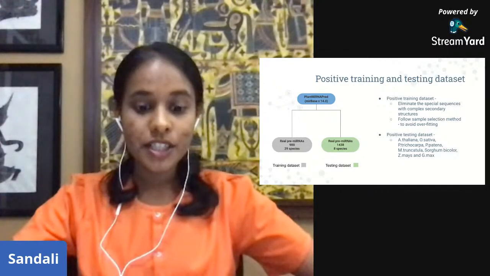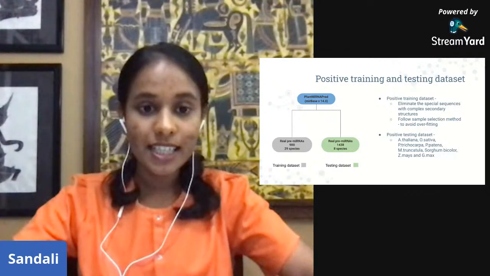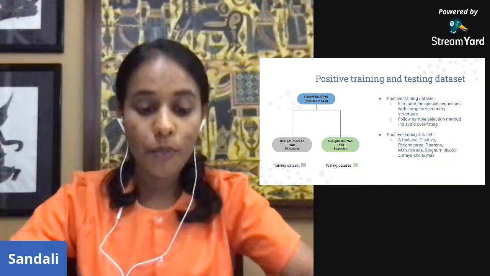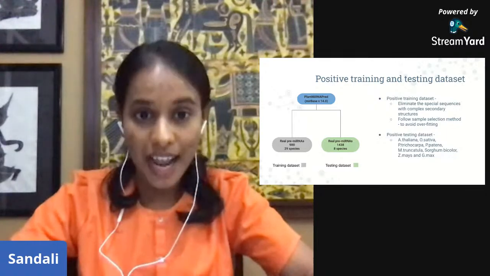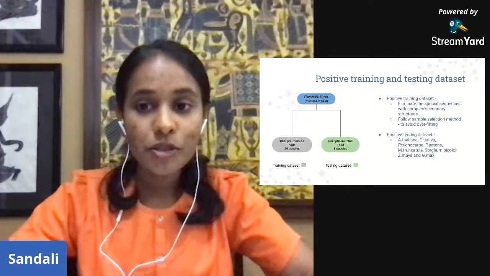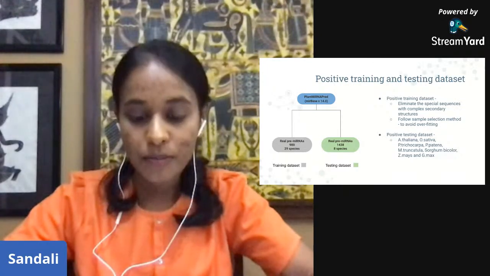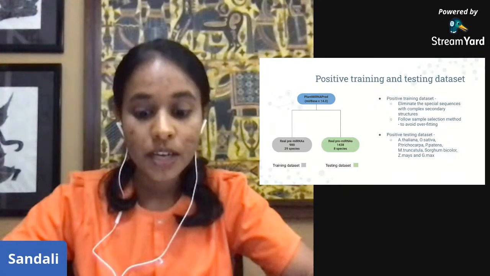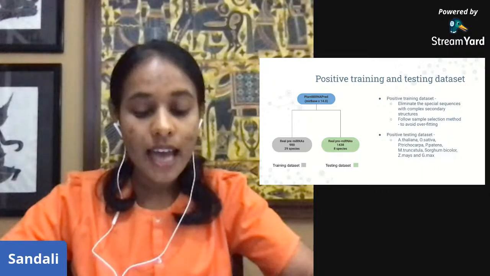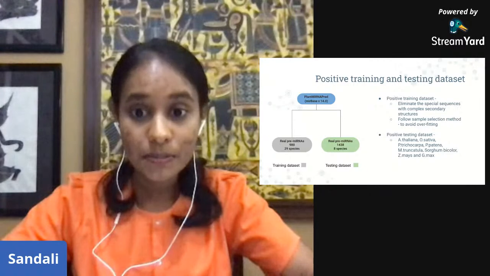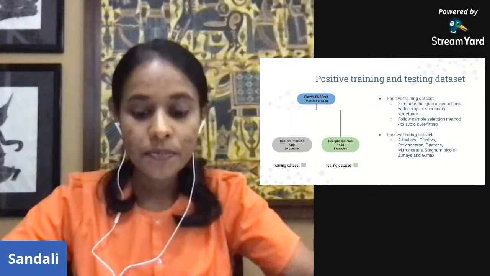miRBase version 14 is a primary online repository for microRNA sequences and annotations. There are 2043 known plant pre-microRNAs in the database. They have eliminated the special sequences with complex secondary structures, and then